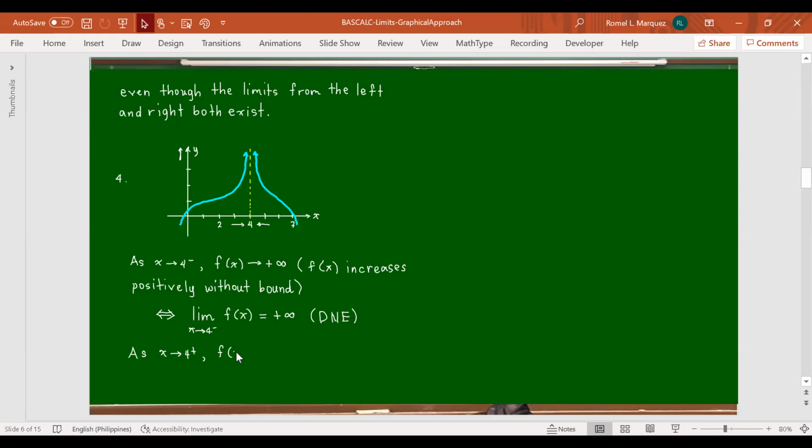As x approaches 4 coming from the right, where does f of x tend to go? Anyone? Positive infinity. So again, from the right, it tends to go upward without end. So positive infinity, and we know the interpretation already, no? Okay, guys? So equivalently, how do we write this? This is the verbal interpretation of that. So we have the limit as x approaches 4 from the right